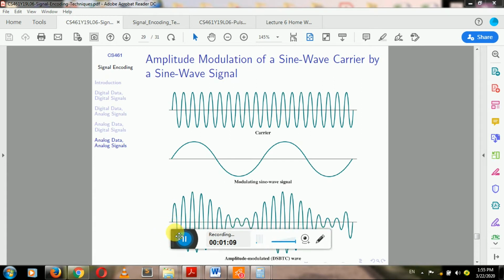ranges from 300 Hz to 3 kilohertz or 4 kilohertz. So the frequency of human voice is less than 3 or 4 kilohertz, but we want to transmit in AM radio wirelessly, let's say at 1 megahertz, so that our signal travels a long distance. So we don't transmit our 4 kilohertz as it is, we transmit using AM radio at about 1 megahertz,